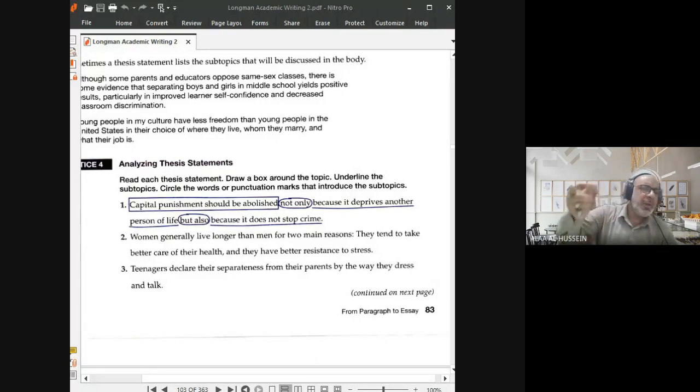Topic sentence is something different. A topic sentence is written in the paragraph. It conveys the major idea of the what? The main idea of the writer. Then we have a thesis statement. A thesis statement in the essay also has a topic. A topic sentence has a topic. An essay has a topic. A paragraph also has a topic.